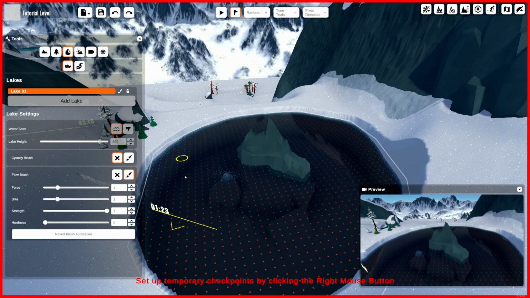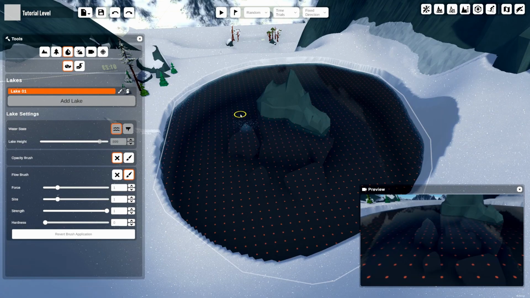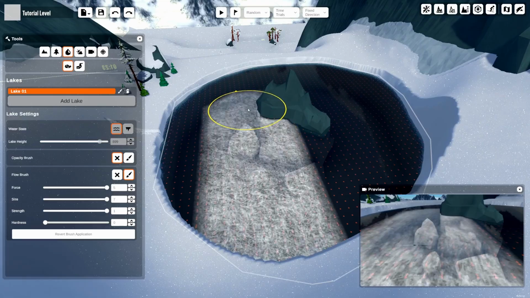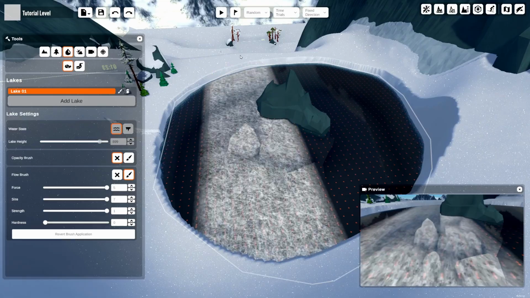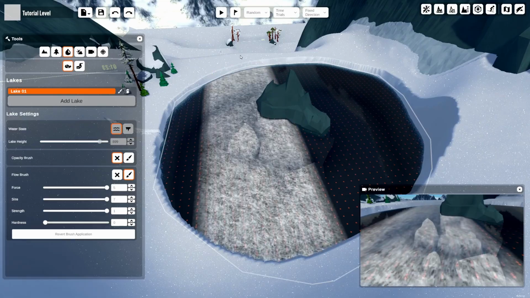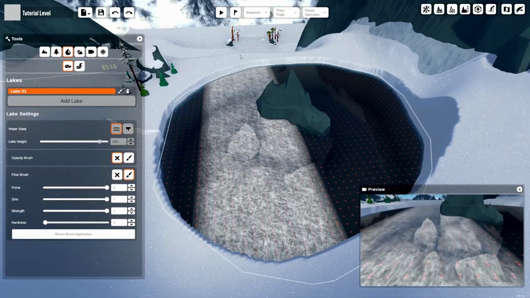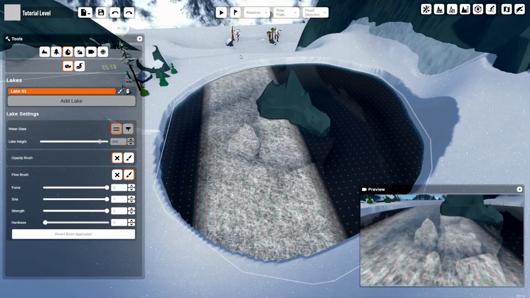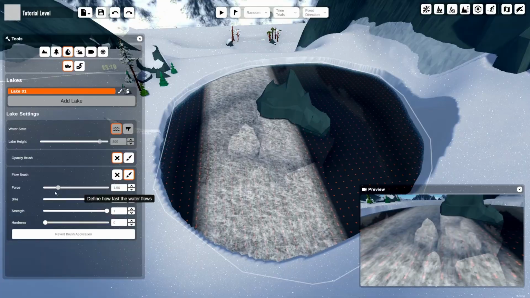Right now, our lake doesn't have any specific flow direction. We can increase the force of the brush to 5, so we can see more visually how it's changing, and then we paint into any direction. The flow of the lake will go towards that direction. As you can see, it only affects the specific points of the lake that you painted with it. For the purpose of our lake not looking so weird, we can take it back to 0 and paint all